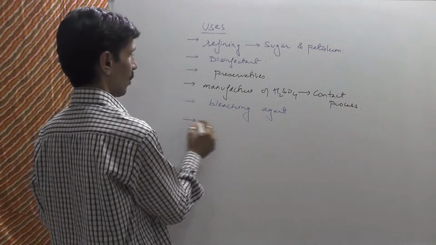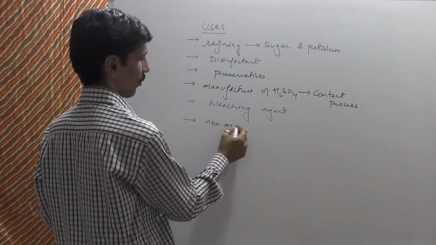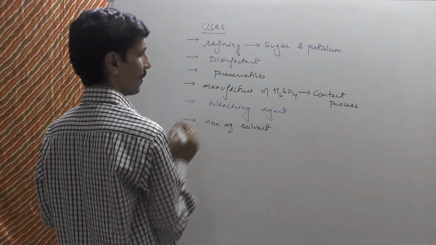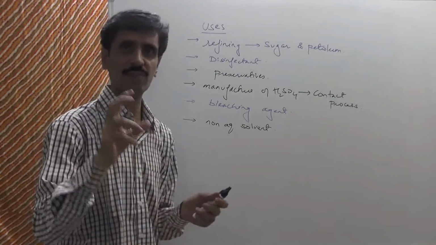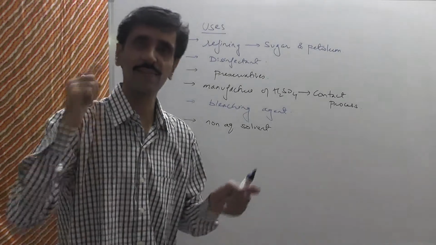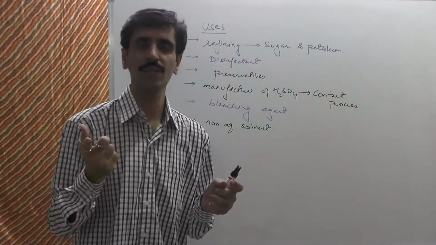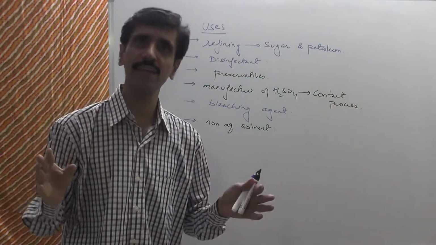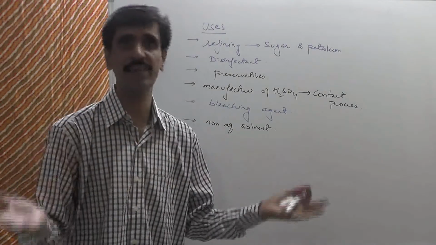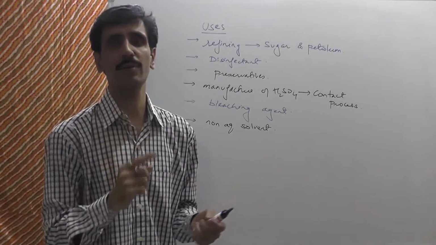Next one is नॉन एक्वियस सॉल्वेंट की तरह वो काम कर सकता है। सॉल्वेंट, you know very well, a substance having an ability to dissolve another substance is called a solvent. तो सबसे पहले हमारे दिमाग में क्या आता है, वाटर। लेकिन वाटर एकमात्र ऐसा सॉल्वेंट नहीं है जो दूसरे सब्सटेंस को डिसॉल्व कर सकता है। वाटर के अलावा भी बहुत सारे सब्सटेंसेस हैं और उसको हम लोग क्या बोलते हैं, नॉन एक्वियस